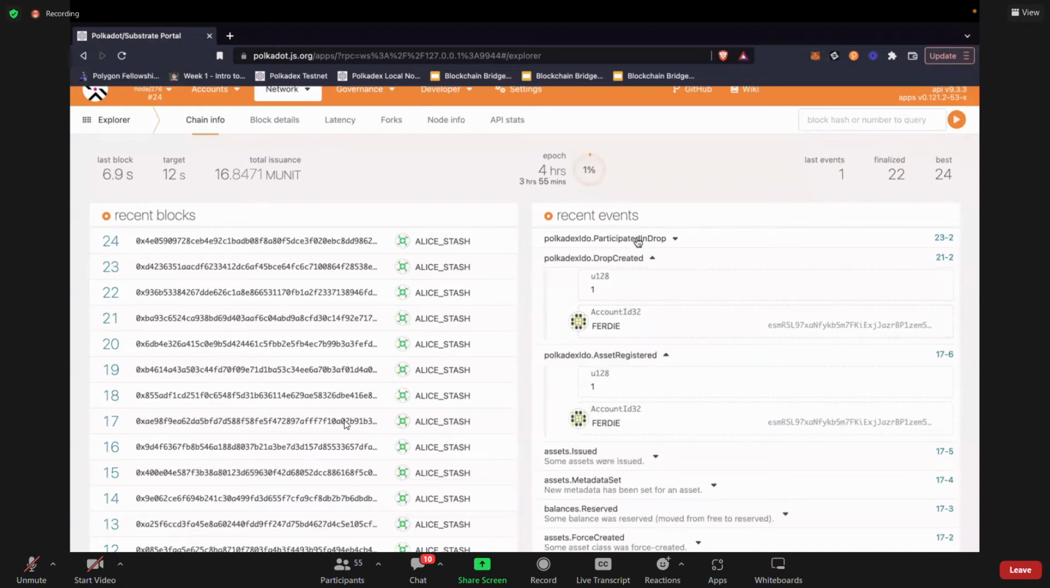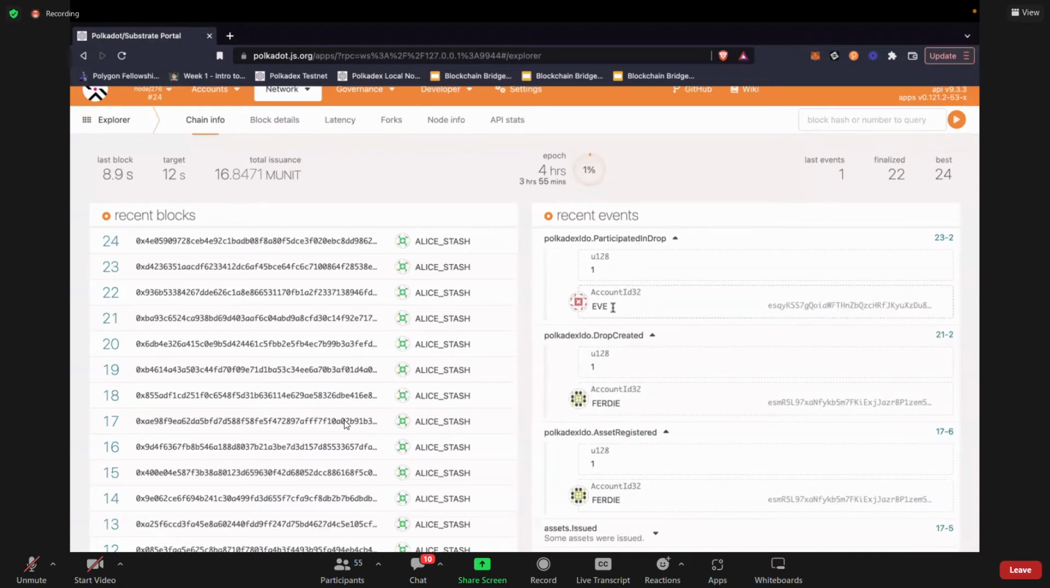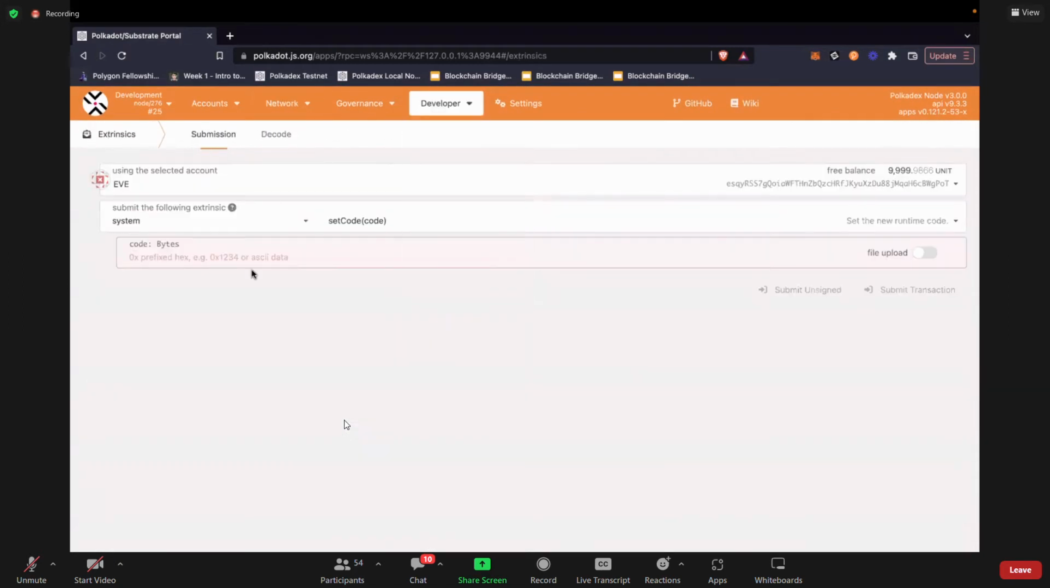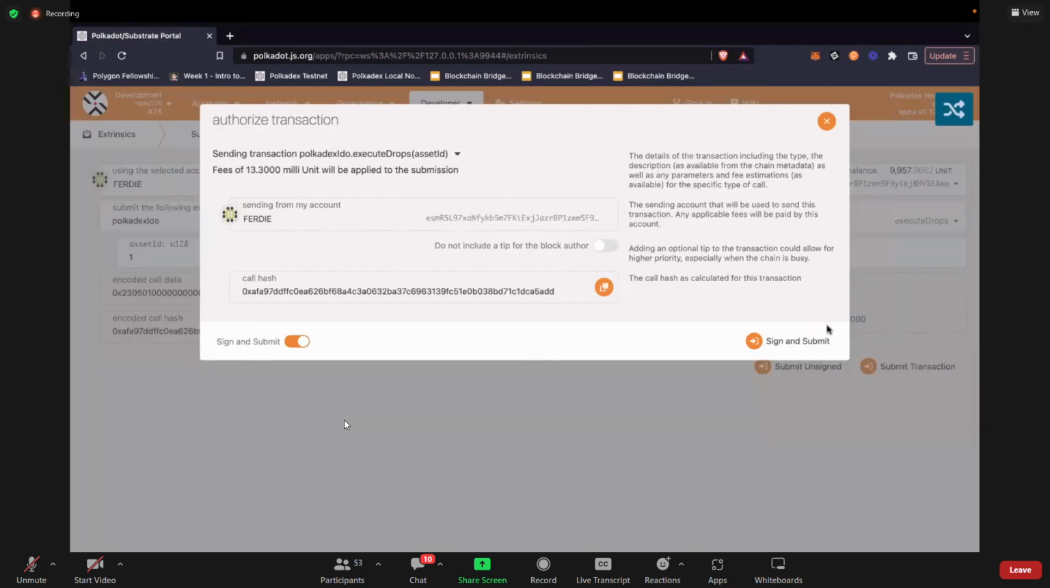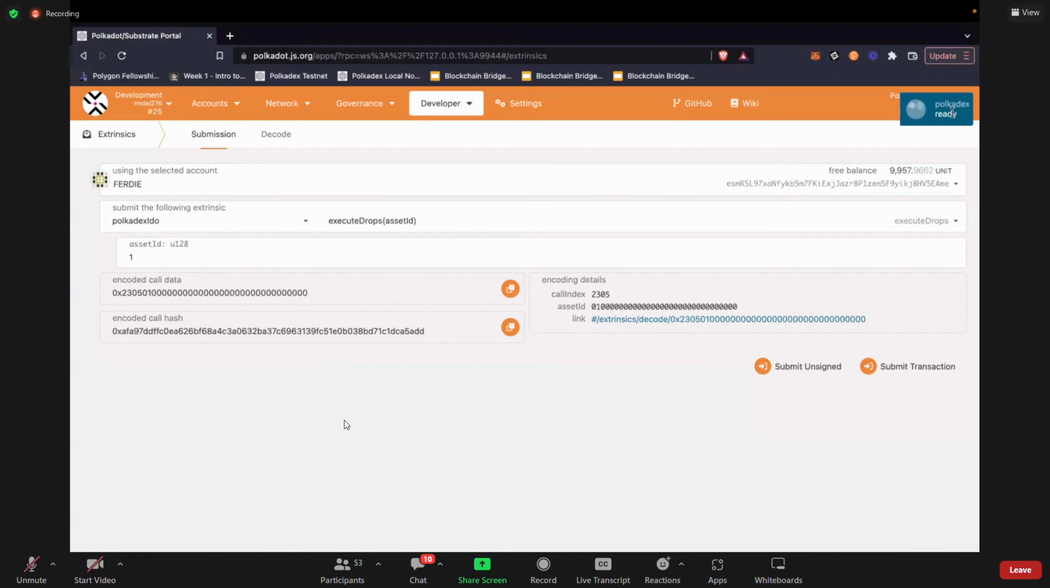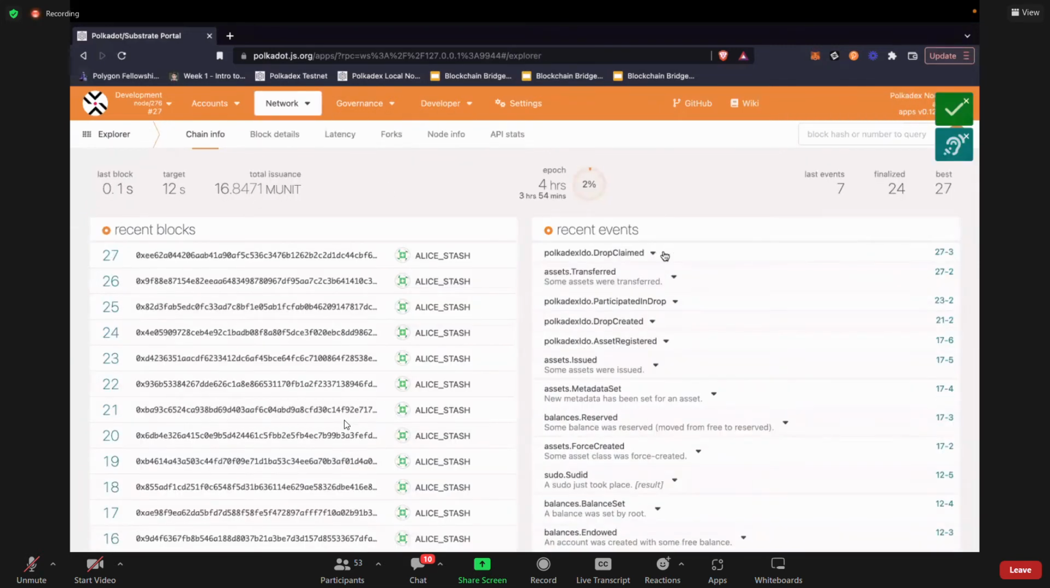Then we create a drop, and then we have Eve participate in the drop. Now, the final thing that we will be doing is executing this drop. That would mean Eve will be getting 10 units of that asset, and this would happen in a single shot. And if I submit the transaction,